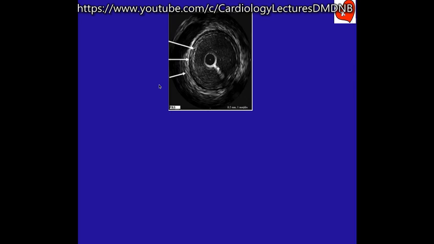Not sure, sir. Somebody else? Quick, come on. These are all basic principles of echo, man. Echo is a reflected sound, produced only when there is a difference in acoustic density. Here there is a difference in acoustic density between the lumen and the intima. And then through the wall, there is not much difference in acoustic density. And again, after the adventitia, there is a fall in the acoustic density. So wherever there is a change in acoustic density, it will produce an ultrasound image.